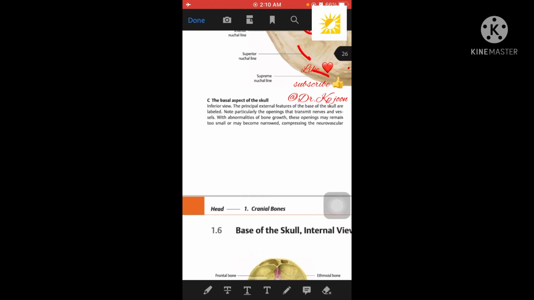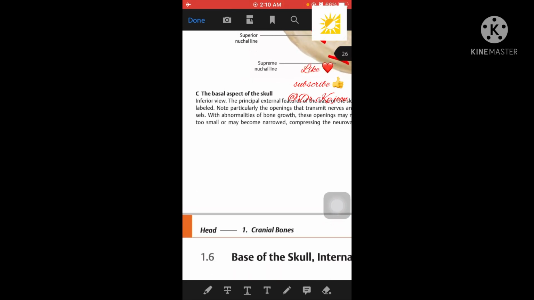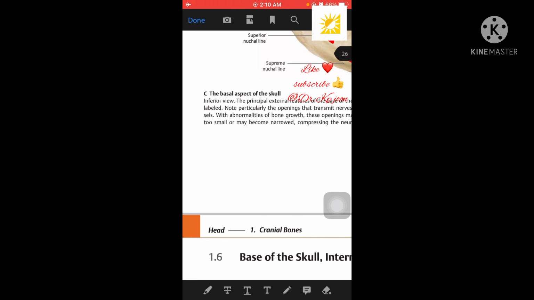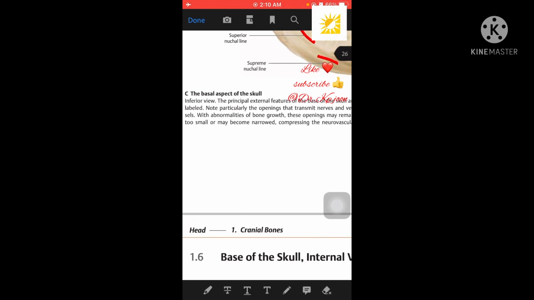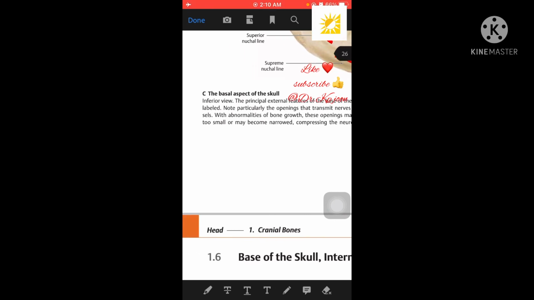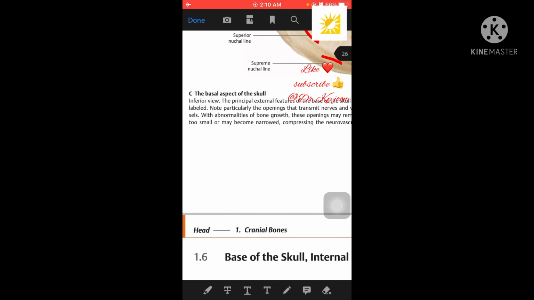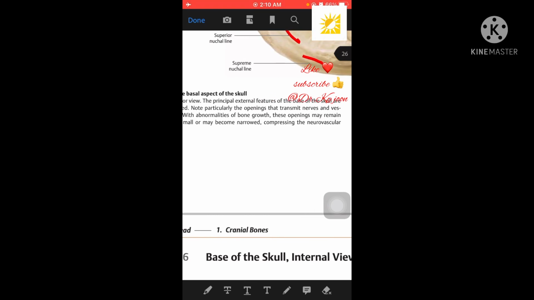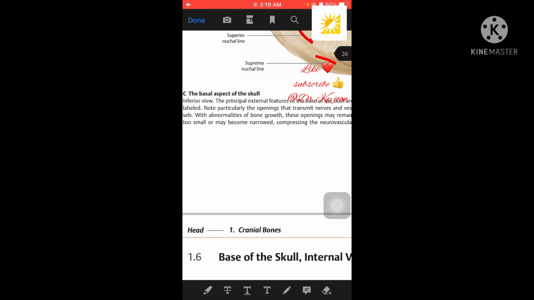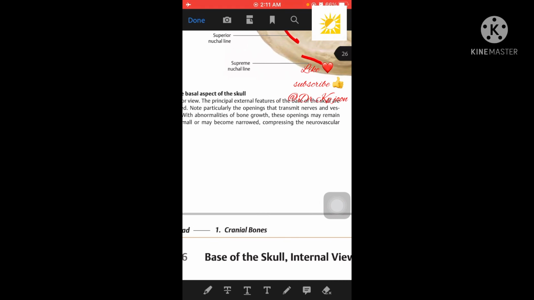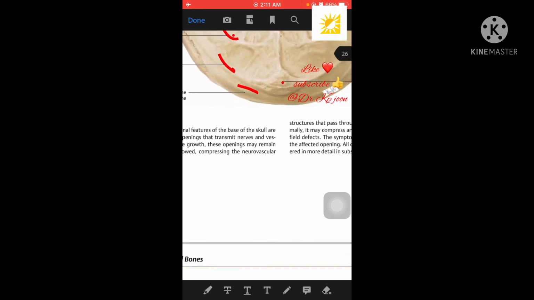So if we talk about the basal aspect of the skull, the inferior view, the principal external features of the base of the skull are labeled. Note particularly the openings that transmit nerves and vessels. With abnormalities of bone growth, this opening may remain too small or may become narrowed, compressing the neurovascular